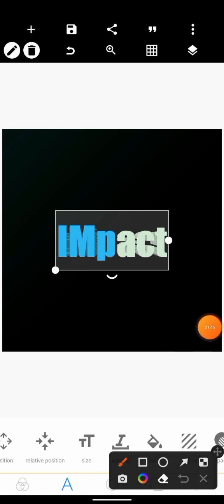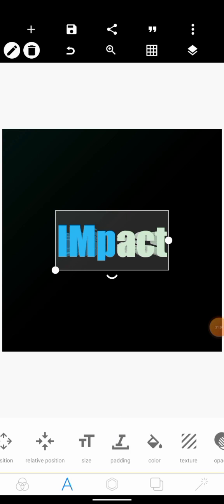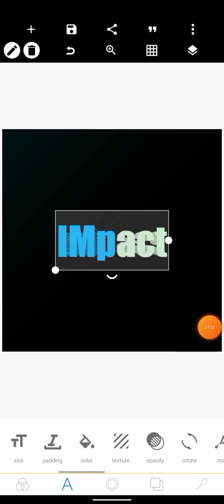So we have our text size. This is to adjust our size. Then we have our padding. Now this padding tool is not irrelevant. This padding tool is used to